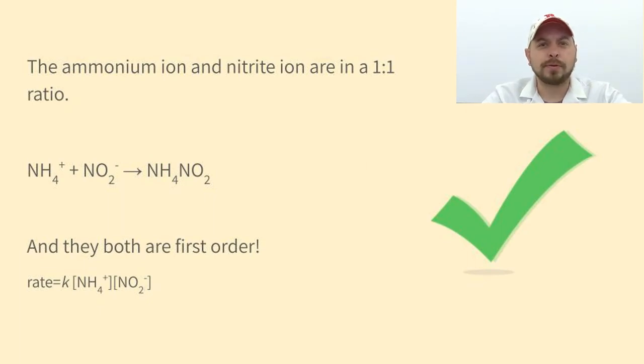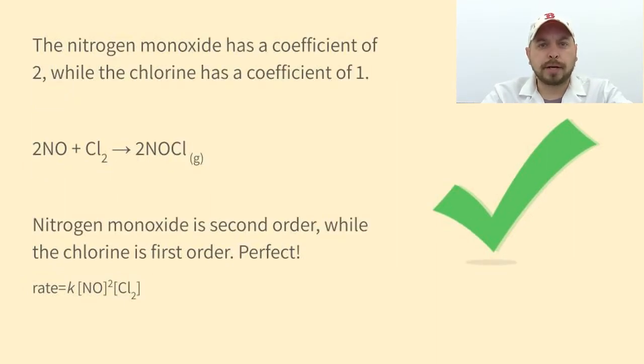Now, you can see that in the first reaction, ammonium and nitrite are both 1-to-1, and in the rate law, they're both first order with respect to the reaction. Perfect. In the second one, the nitrogen monoxide has a coefficient of 2, and the chlorine has a coefficient of 1, and the nitrogen monoxide is second order with respect to the reaction, and the chlorine's first order. Great, okay, 2 for 2. But wait,